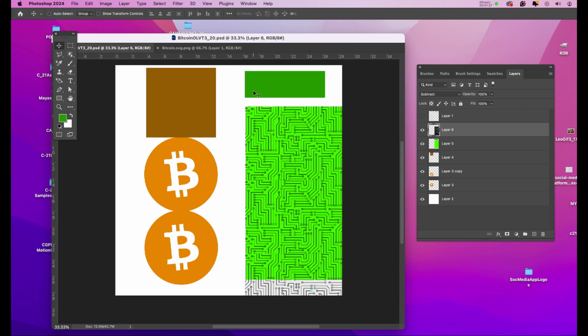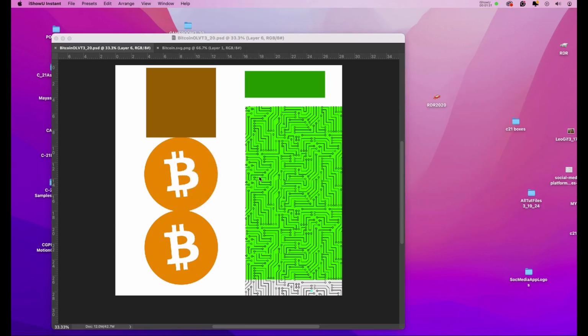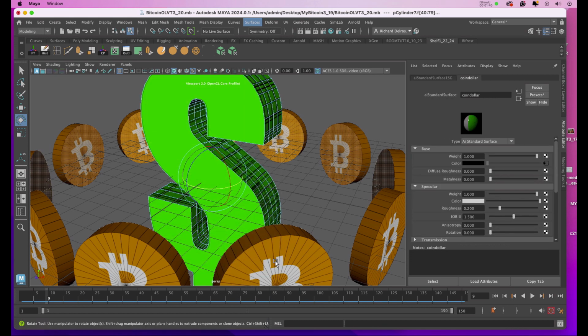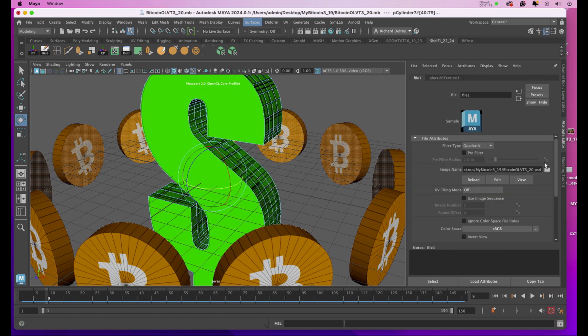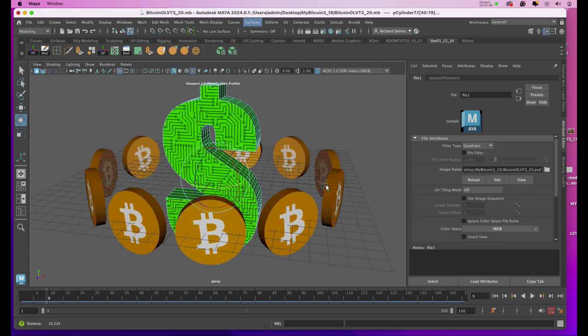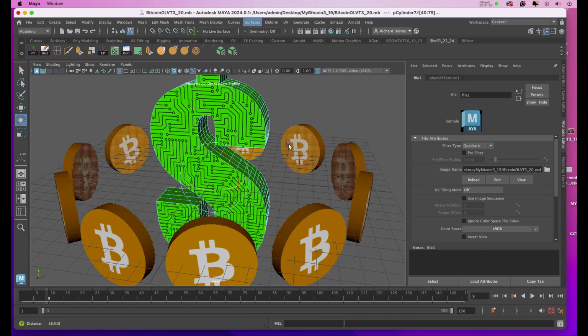I can always come back and play with any of the other features I want with this, but let's just go back into Maya, and I'll select the dollar bill, right click, choose material attribute. I'll click on the link for the texture and I'll click on reload. Okay, so now that we have something like that, I think I might go in and play with the opacity